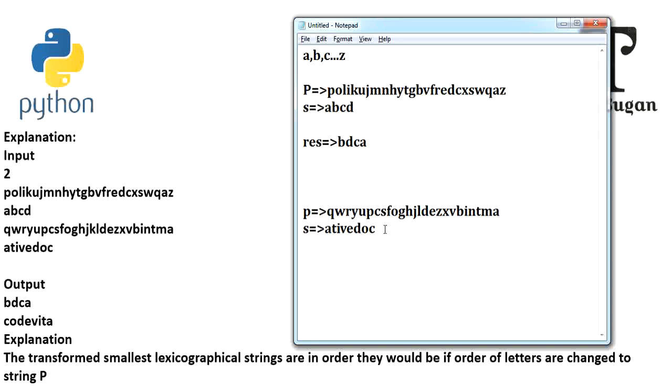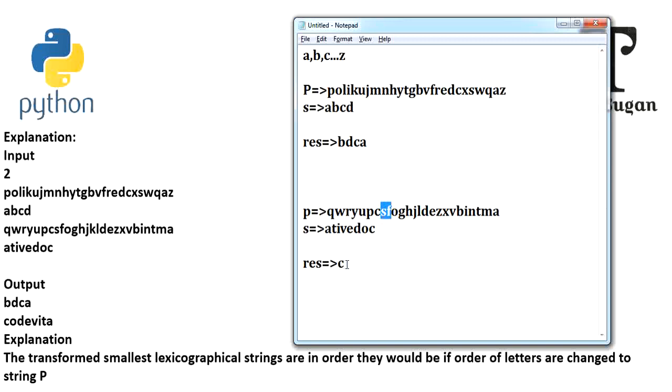In the same way for your second test case, let me take a variable called result. Now let us identify. You can notice that Q, W, R, Y, U, P are not there in string S, so these elements will not occur, and the first element to occur is C. After C you can notice that S is not there, F is not there.